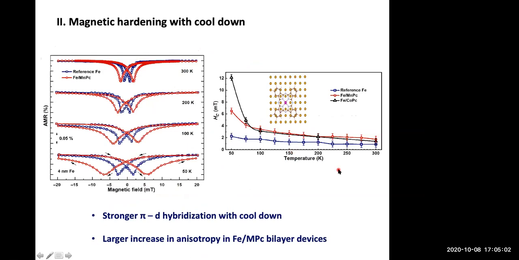And this is again a systematic study that has not been done before, where we looked at how the coercivity evolves for a reference iron, which has been grown in the same deposition run. Okay, compare it with MnPC on iron, and we have also tried cobalt PC. What you see is that relative to the reference iron, the coercivity enhancement is stronger and picks up below 100